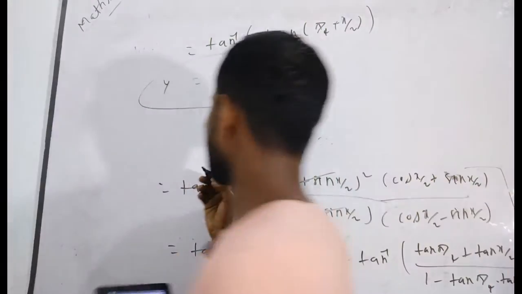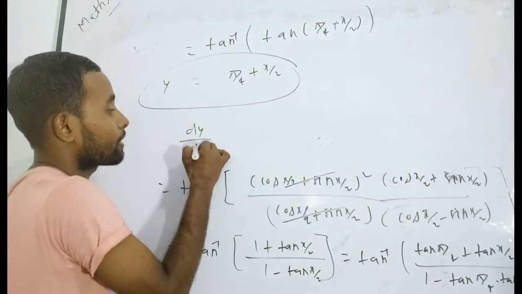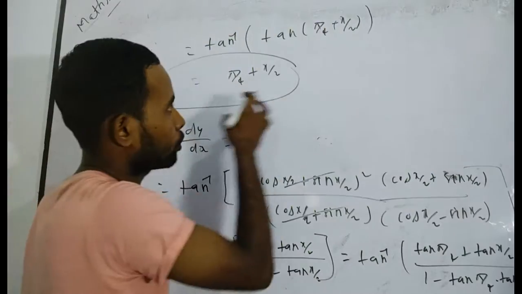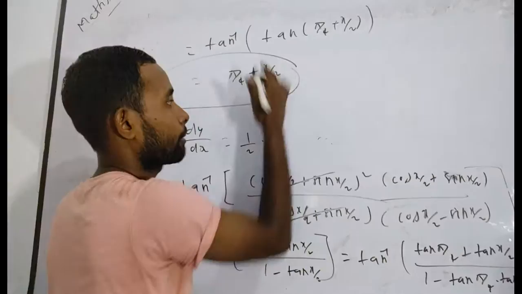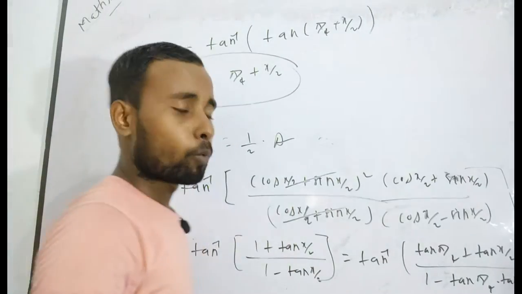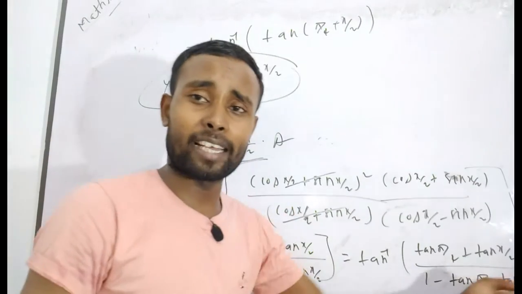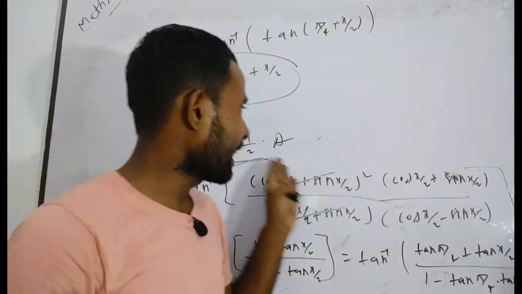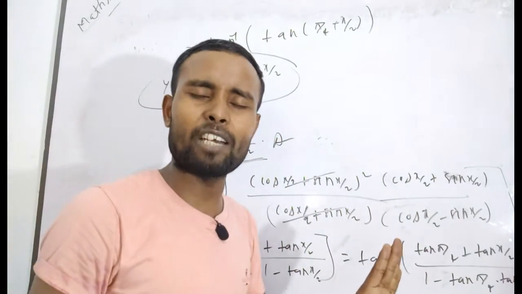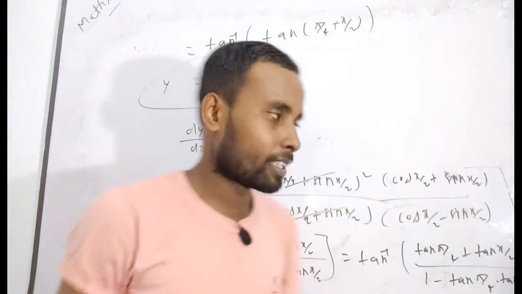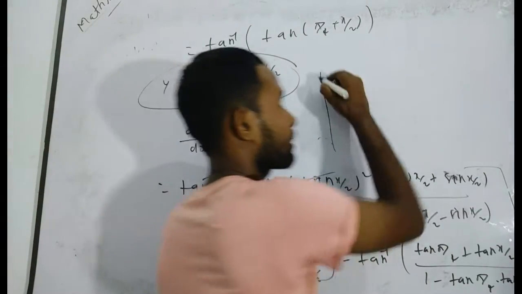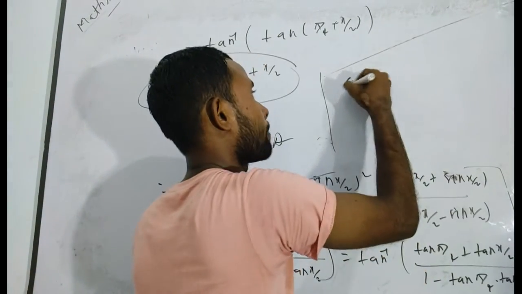Now you have to simply differentiate on both sides. When you differentiate on both sides, derivative of pi by 4 is equal to 0 and 1 by 2 can be taken as common, and derivative of x with respect to x will be 1. So its actual answer will be 1 by 2. Now you will tell, sir, how, in the previous solved problem I have not got 1 by 2. You will definitely get 1 by 2 again. You have to simplify. Have you understood? So I will suggest you again, try to remember it.